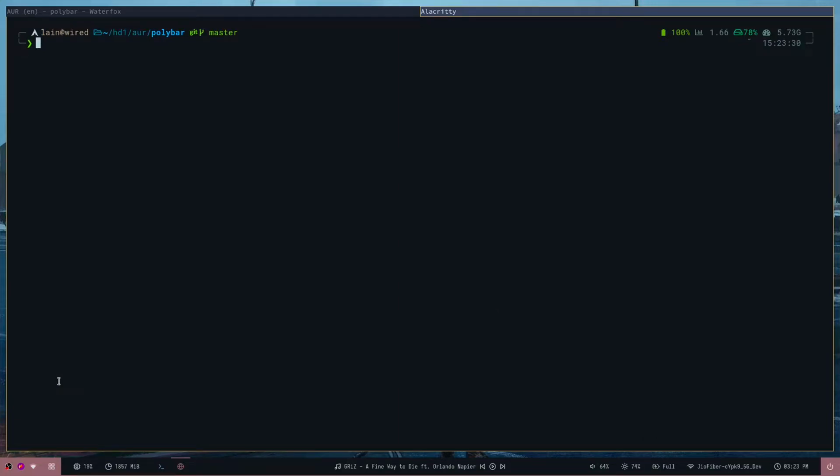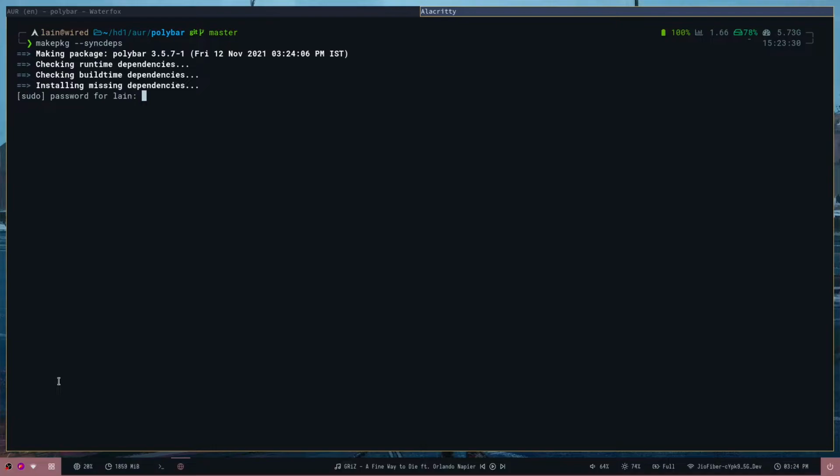To build a package, you write makepkg and press enter. This command will build the package. However, quite often you need to fetch the dependencies for that package. So you use the --syncdeps flag. What this does is fetch the required dependencies for that package and then build it.